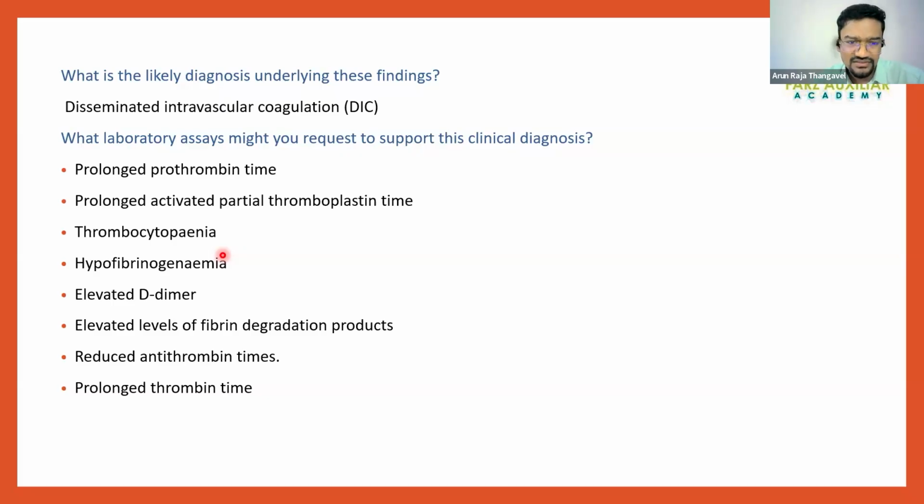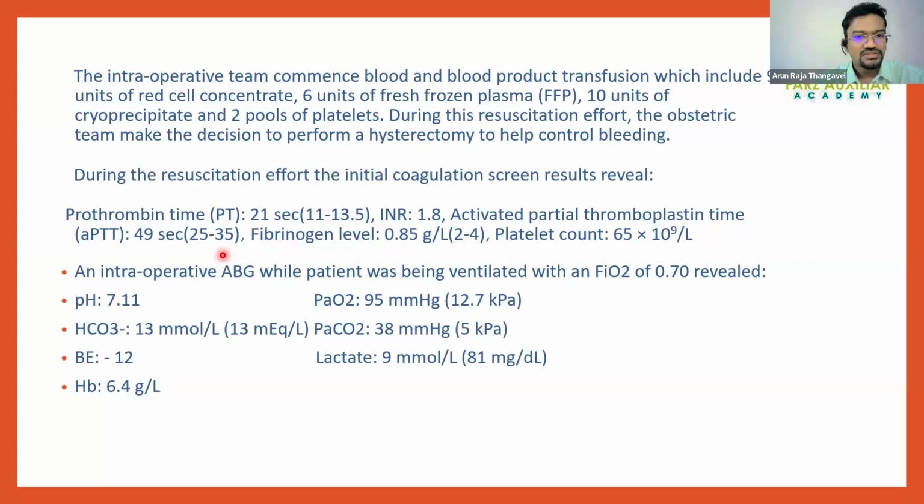So other derangements: elevated D-dimer, FDP, reduced antithrombin, prolonged thrombin time. If you do different types of tests, you get these findings as well. But as long as you answer the pertinent things, that's going to fetch you the marks. Moving on to the case,